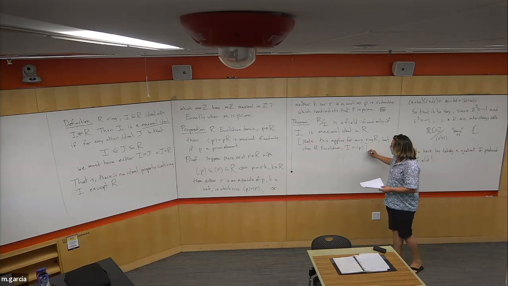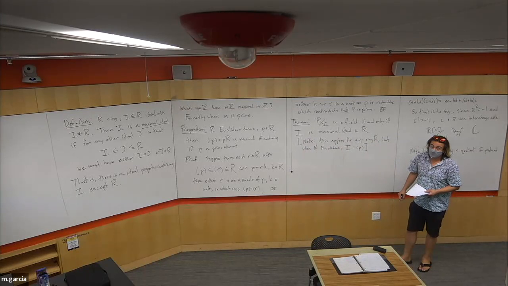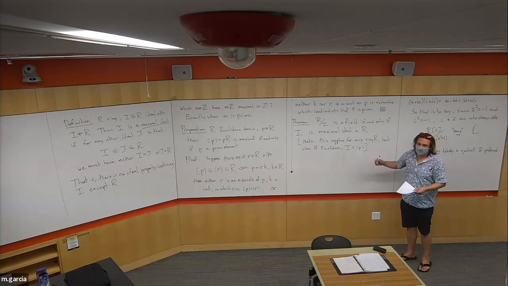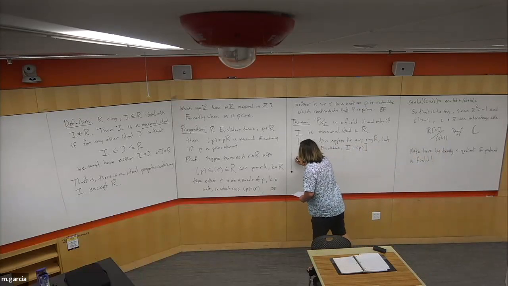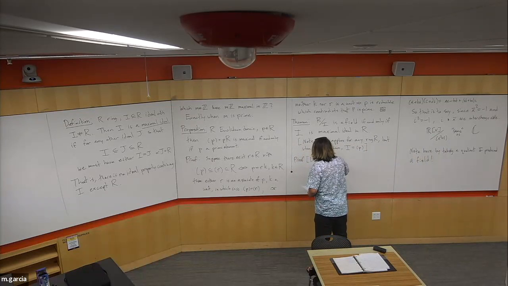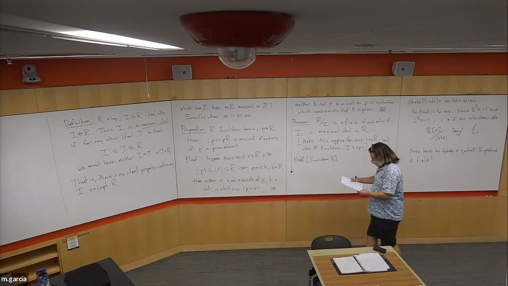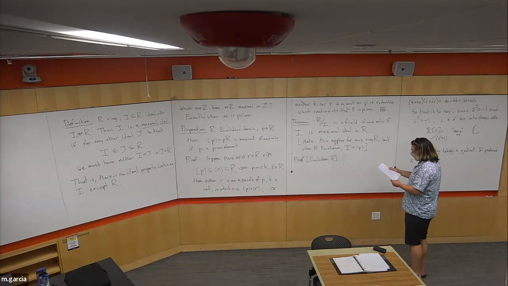So we're only going to prove it in the Euclidean case, because that's all we're going to need for the rest of the term. But you should know that this applies in general. Okay. Proof. Euclidean R. Okay, so